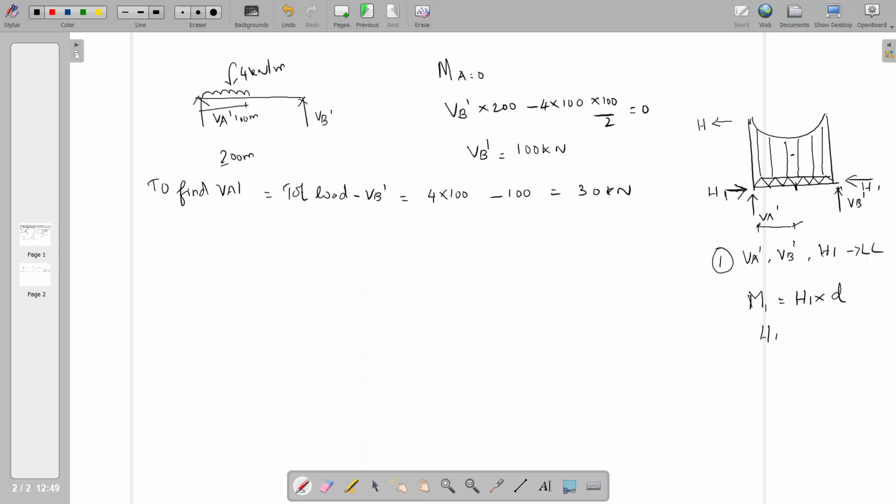H1 into Y is the moment at this point. So H1 is M by D, where M is equal to the moment due to the live load, VA into X, and any particular loading should be added in this equation. So H1 is calculated from the equation moment divided by dip, which will give the horizontal reaction here. So with this horizontal reaction H1,